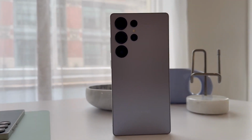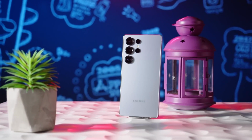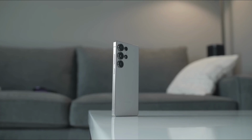Samsung might have just pulled a fast one on all of us. The Galaxy S26 Ultra was expected to break new ground: next-gen battery, major camera leap, maybe even a design shake-up. But according to the latest leaks, this could be Samsung's safest flagship in years, and that's either bold confidence or